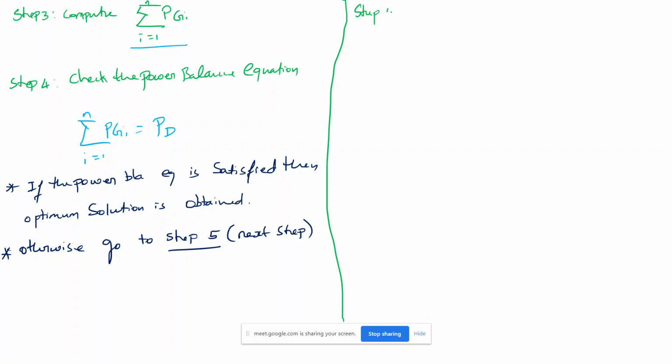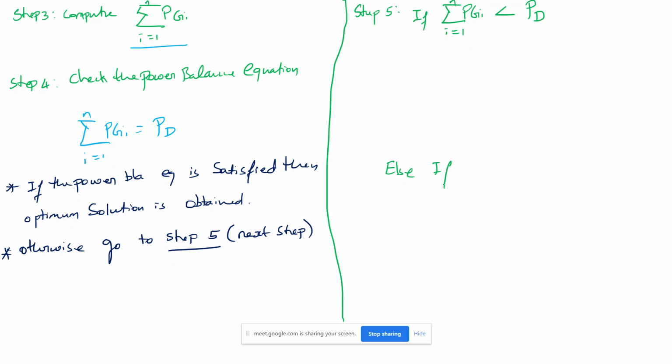Step 5, right? There are two conditions in step 5. One condition is if the summation i equals 1 to n of PGi is lesser than the demand required, meaning the total power generated is less than the demand, then, and one more condition I will write that also, else I will write here,